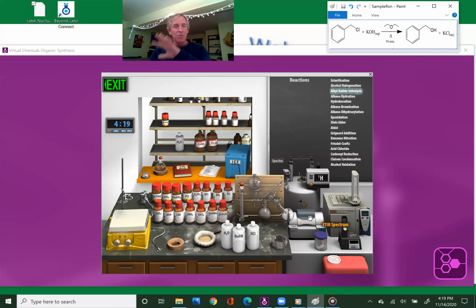You might wonder what all the rest of this stuff is. This one down here is for taking melting points of solids. In Chem 211, we will not be making any solids, so this instrument won't be meaningful to us. This instrument, though, is very cool. That's called an NMR, otherwise known as a nuclear magnetic resonance instrument, and you get to play with that